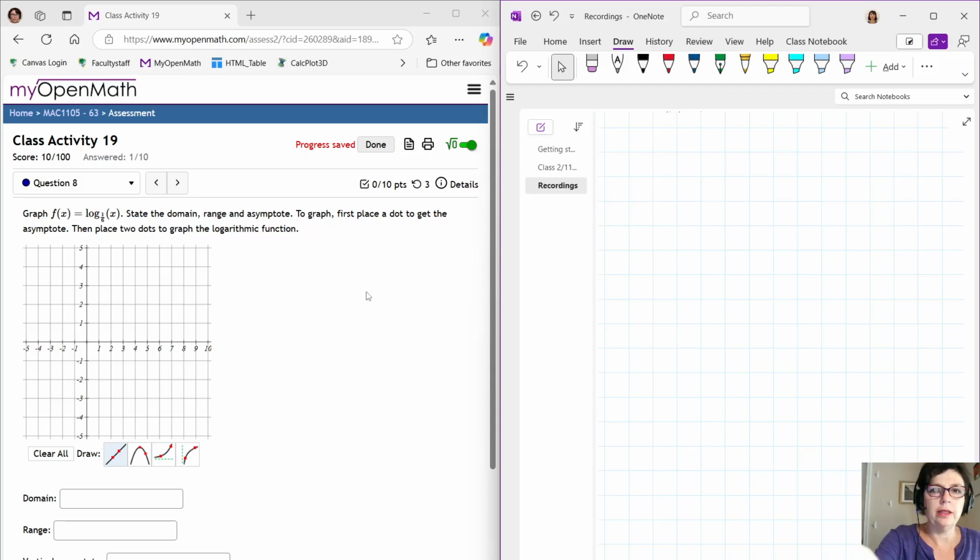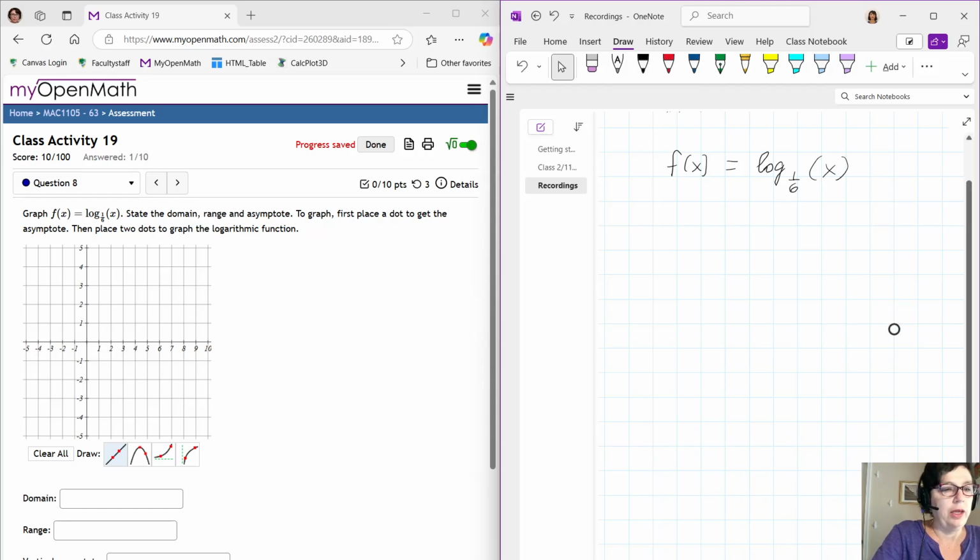All right, guys, in this question, we are going to see how to graph the logarithmic function with the base that is between 0 and 1. So this is 1/6, which is between 0 and 1. In order to first answer the questions regarding the domain, the range, and the vertical asymptote, what we want to do is look for the argument of the log and make sure that that's positive, because log of negative numbers and 0 is undefined. So x should be greater than 0.